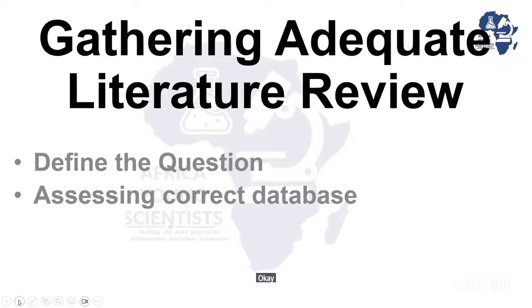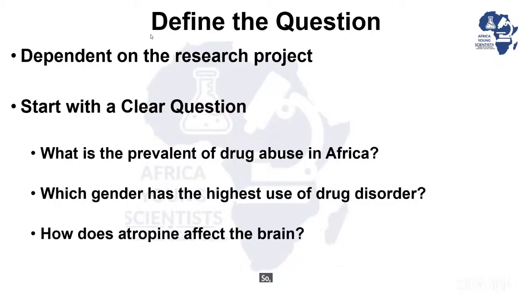Okay, so now gathering the adequate literature review, literature search. Here you have to define your question. This is if you want to do your literature search yourself. And I said here it is dependent on the research project. So this is very important because